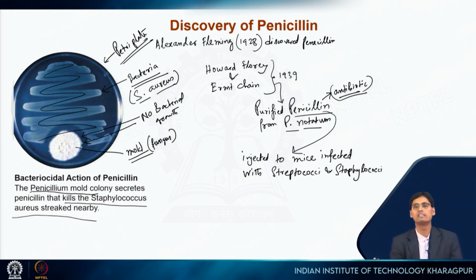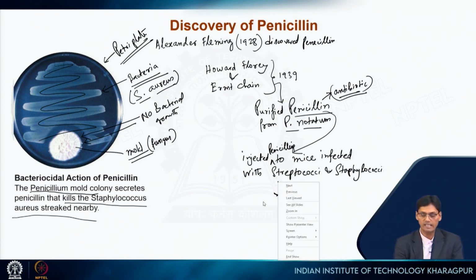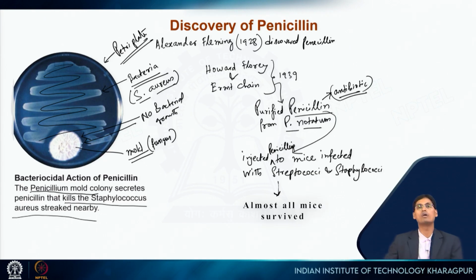They did it separately, definitely, but they injected this antibiotic penicillin into mice infected with Staphylococcus as well as Streptococcus bacteria. What they found is very important. That means the purified antibiotic, when injected, is protecting the host, in this case the mouse,